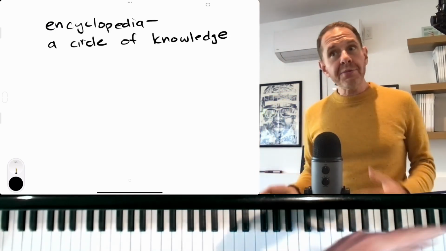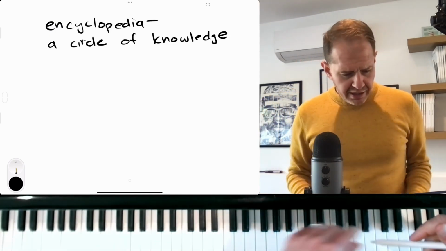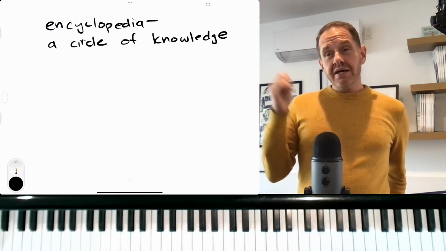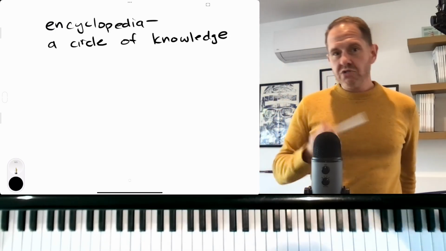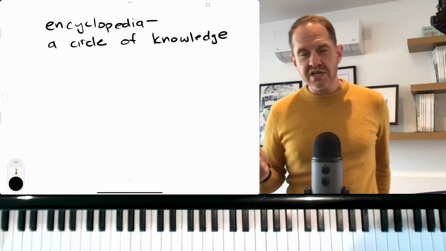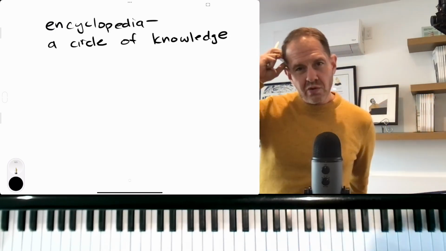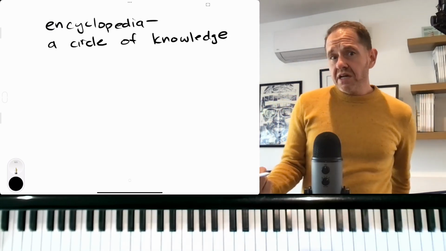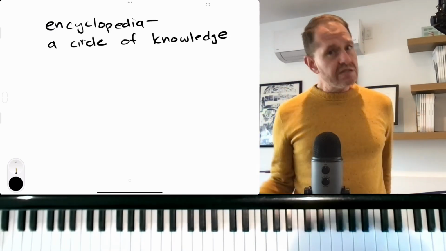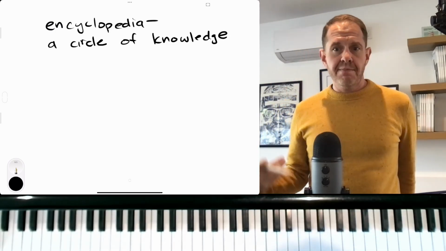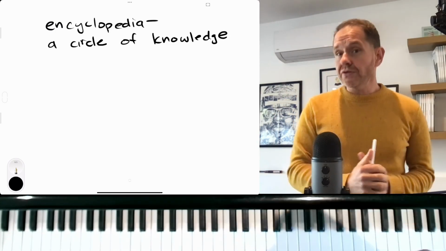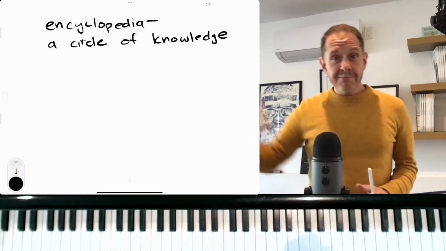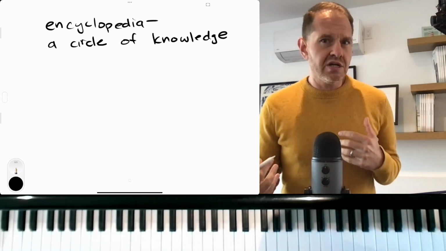But as we get into more complicated forms, I always encourage students and try for myself to make things highly related. As I'm trying to write new sections or contrasting sections, I don't just try to pull them out of thin air. I don't think, what would be a nice melody? I look at what I've already written, and through some combination of brain work and just instincts, try to come up with the next melody. Maybe I'll use an interval as the inspiration. Maybe I'll use a gestural shape as inspiration. Maybe I'll use a harmonic progression as inspiration.